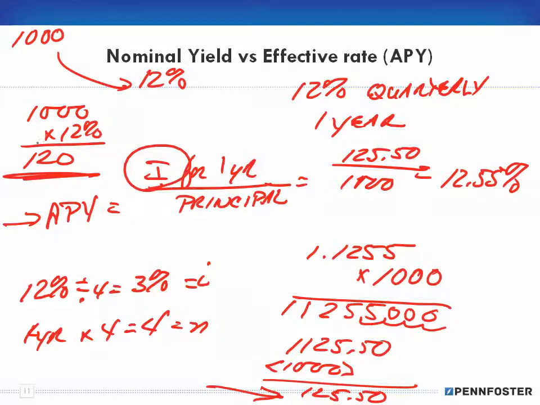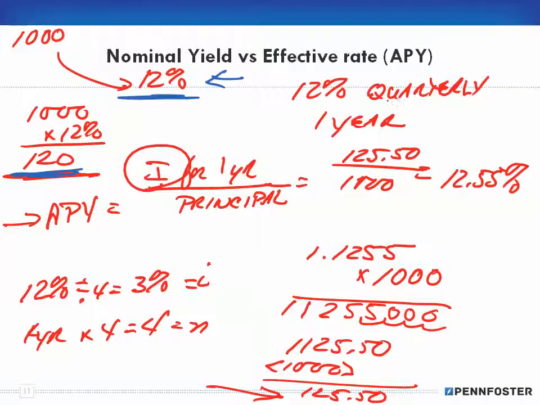Okay, so notice that I'm going to be doing this calculation twice. Originally, I started out by saying, here's what my nominal yield is at 12%, which means I have $120 in interest. Great. And my first calculation said, okay, I'm doing the effective rate, but I was using it as an annual rate, and I ended up with the same $120. So my effective rate was the same as the nominal yield. But as soon as I started doing a compounding effect, in this case quarterly,